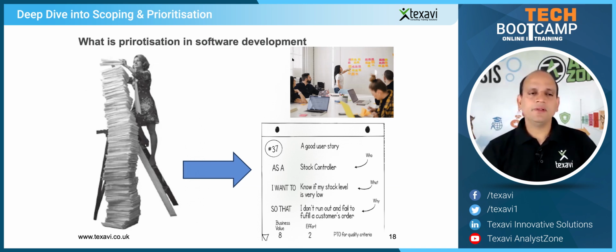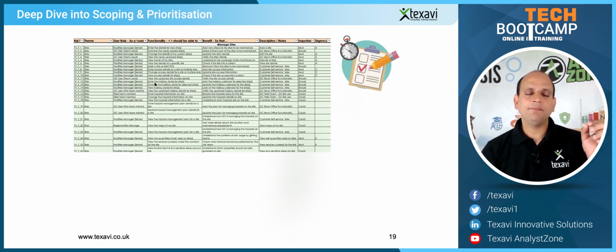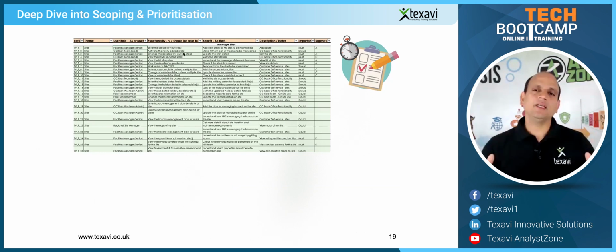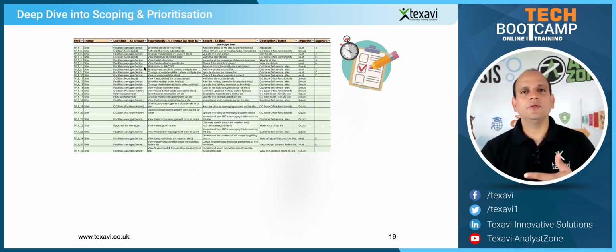So for example, this is a live example of one of the projects that I worked on. I don't want to name it because it's confidential, and I don't want to give out the client's confidentiality, but I would like to bring it to you. This was done about 8 years ago using an Excel spreadsheet, as you would have seen. You can do prioritization on the back of a card, with Excel, with Word, or just on a piece of paper.